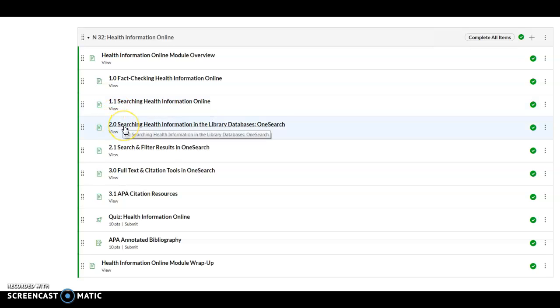The second part is searching in the library databases for research on health and nursing questions. And you're going to do some searching yourself to find sources on your topic. And then the third one is citing your sources. So there's some resources here on using the citation tools in the library databases and how to create APA citations